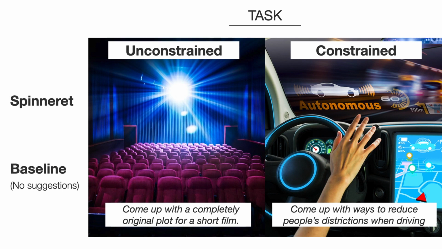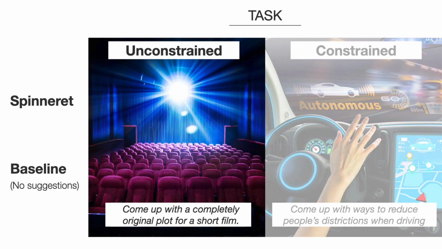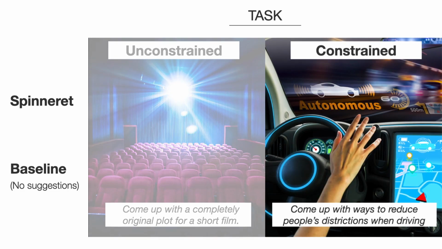To study the effect of using Spinneret on the unconstrained and constrained task, we compare Spinneret to a baseline interface. The baseline is a modified version of Spinneret with the same organization and interaction capability. However, the key difference between the two interfaces is that the baseline does not provide any suggestions. It requires the user to create all nodes manually. We chose this approach instead of using existing mind mapping tools in order to reduce confounding effects that may emerge from aspects of the other interfaces. To counterbalance learning effects, we created a 4-task interface combination where participants will either use Spinneret or the baseline for the unconstrained task, and vice versa for the constrained task.